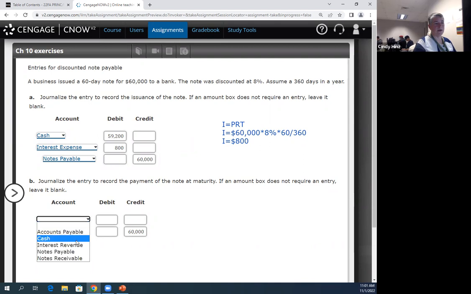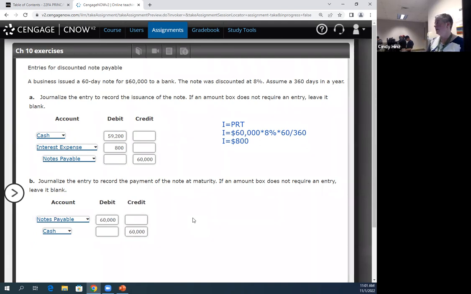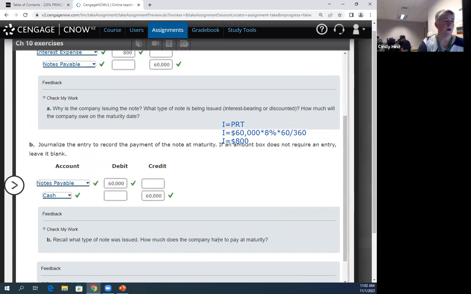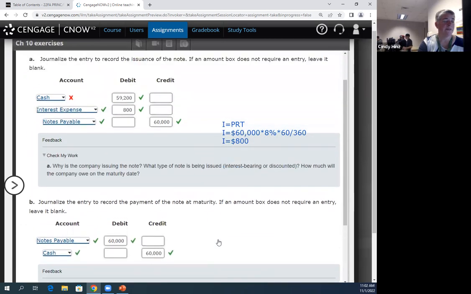So in another way of looking at this, in a discounted note, the interest is included in that face value. And as I said, it does make the cost of borrowing slightly higher. The effective interest rate is slightly higher. So if you are borrowing and you have the option,